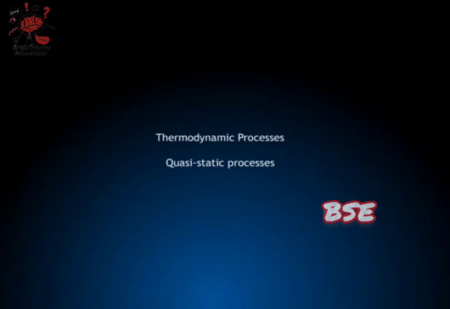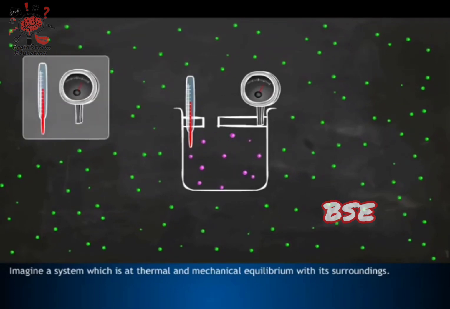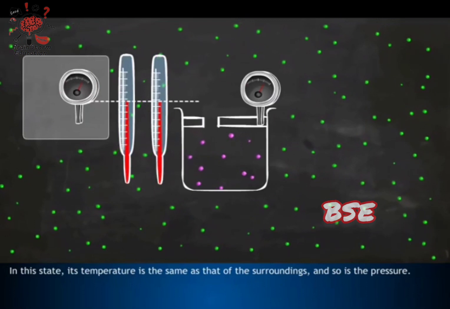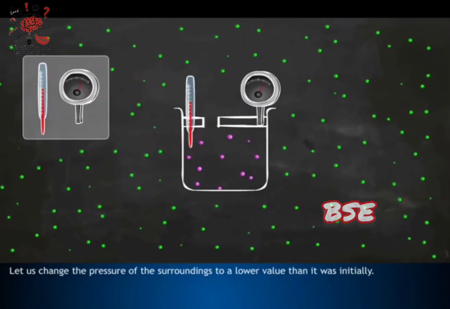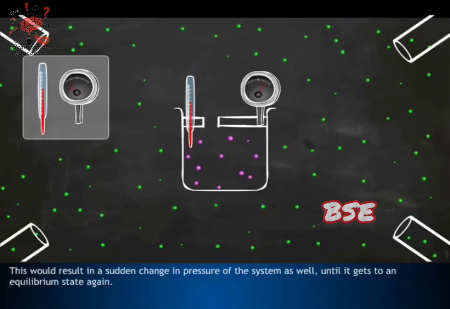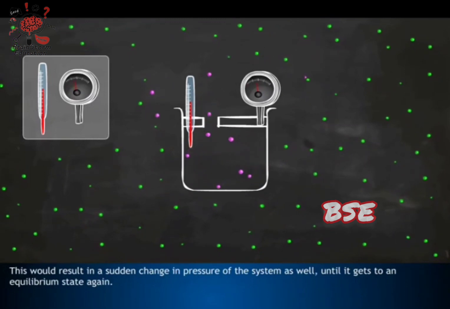Quasi-static processes. Imagine a system which is at thermal and mechanical equilibrium with its surroundings. In this state, its temperature is the same as that of the surroundings, and so is the pressure. Let us change the pressure of the surroundings to a lower value than it was initially. This would result in a sudden change in pressure of the system as well, until it gets to an equilibrium